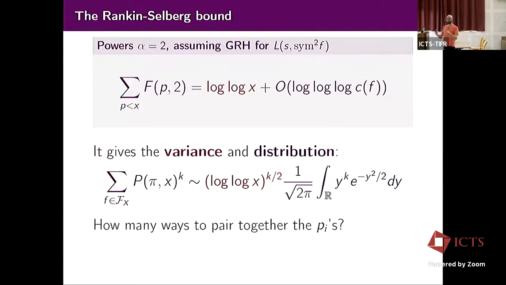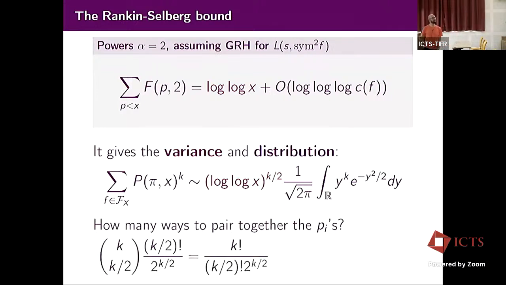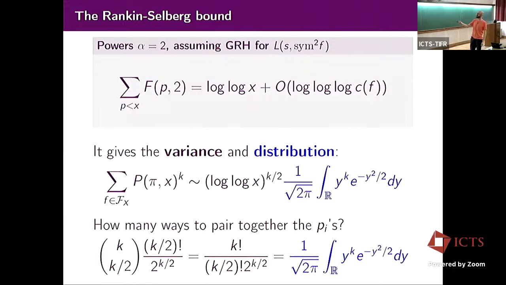And how many ways do you have to pack together powers when you expand 2 by 2? Well, there are that many. You have to choose k over 2 of your primes, and pair them 1 by 1 with the k over 2 remaining primes, for which you have factorial k over 2 choices. But then you're counting a bit too much because you could have swapped them. You're counting twice every pair, so you just divide by the number of swaps. So that's that quantity. And that quantity is exactly the k-th moment of the normal law. So that's where it comes from, a combinatoric way of getting the large terms.